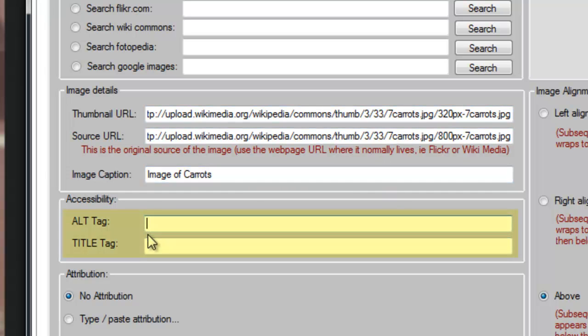The alt tag and the title tag both appear when you mouse over the image, and there's a slight difference. They are used differently by different browsers, and the alt tag tends to be used for accessibility purposes more than the title tag. But essentially, if someone is using a browser and they've not got their images turned on, this alt tag text will appear. So I'll put something like a photograph of some nice carrots,